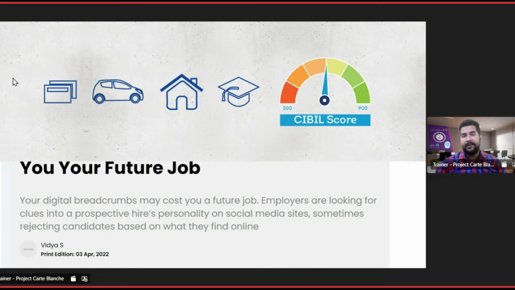But if somebody is a defaulter, not paying the loan on time, always incurring penalties, the bank will not give him the loan, or if it does, it will make the interest very high. These are real-life situations, and this should give you an understanding of how background verification and digital footprints play a big role.